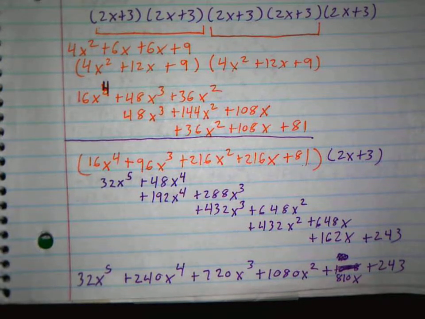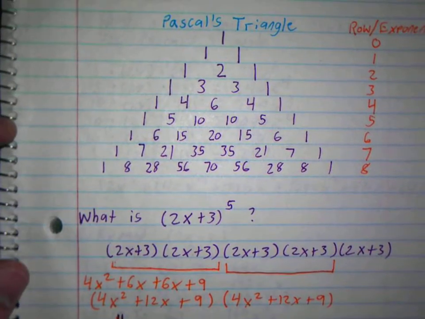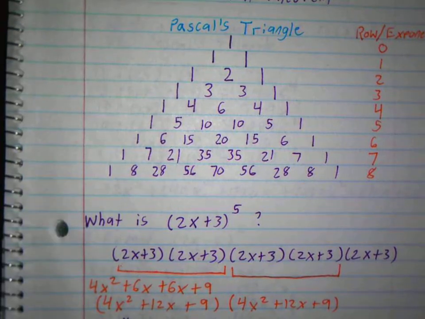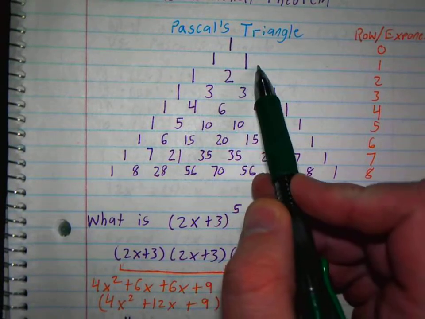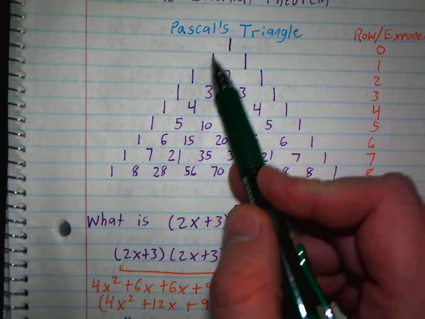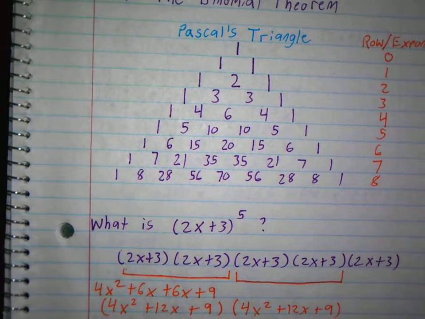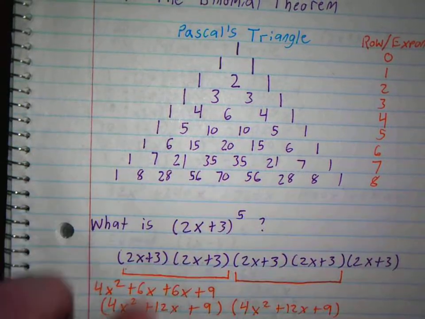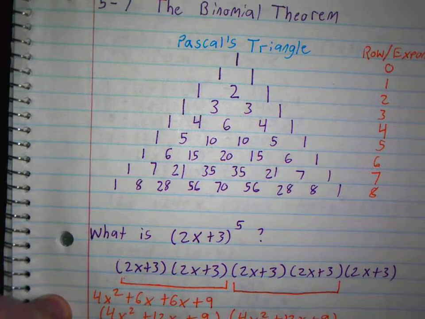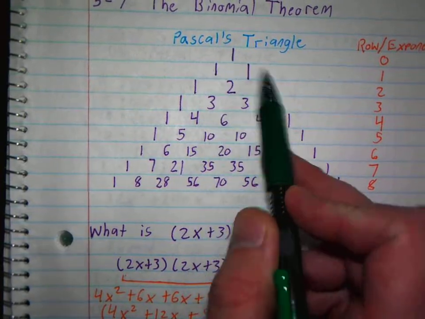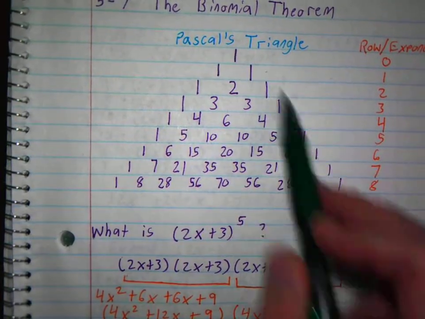Okay, and so this triangle is called Pascal's triangle. It's a guy named Pascal, and the triangle of ones. Notice there are ones all the way down the diagonals. This triangle continues forever. And in the quiz, you're going to have to add on a few more lines this Friday. So when I look for a pattern, I remember it's 1, 1, 1, and 1's down the side,